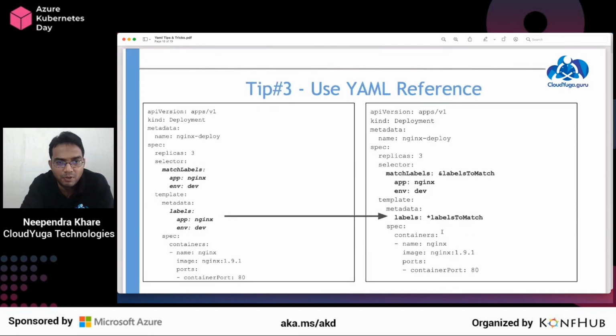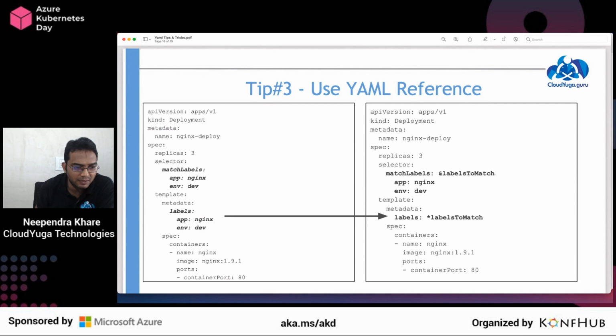Yeah, then we saw the third YAML tip here, which we discussed earlier as well. You can use references. For example, in a deployment object, as we know, we define labels in our pod configuration, and we have a selector here, and that selector is generally matched with the labels we have given, right?